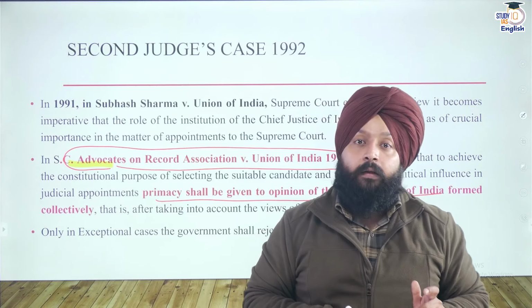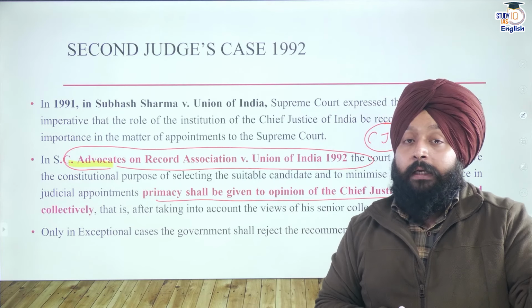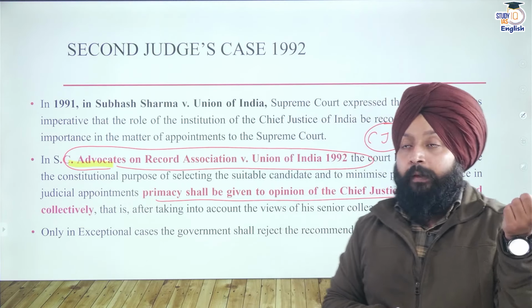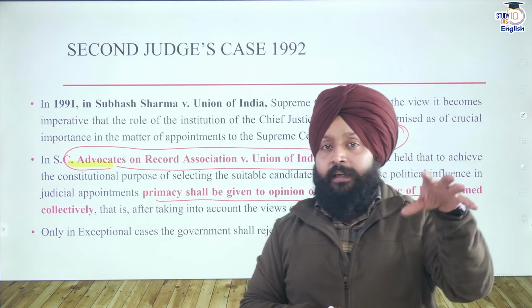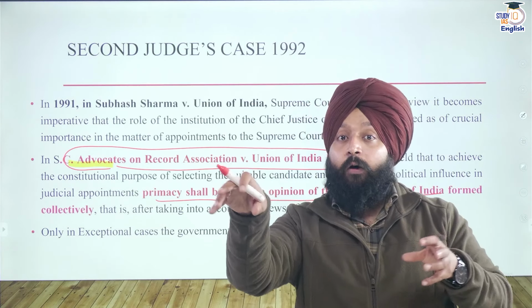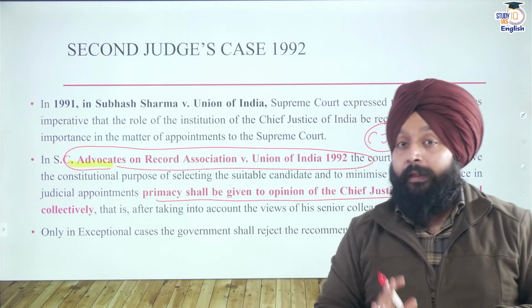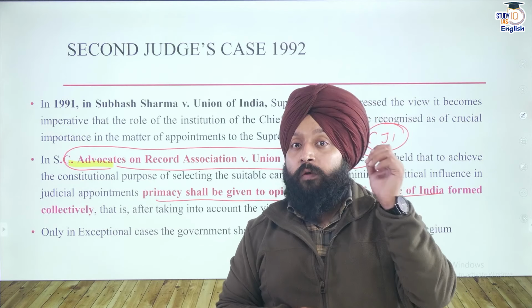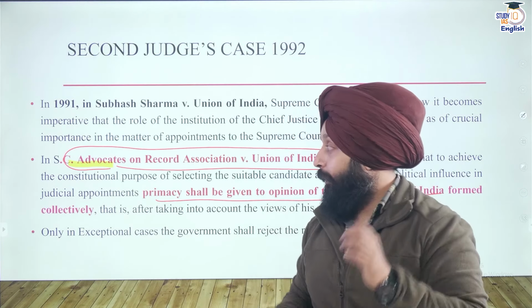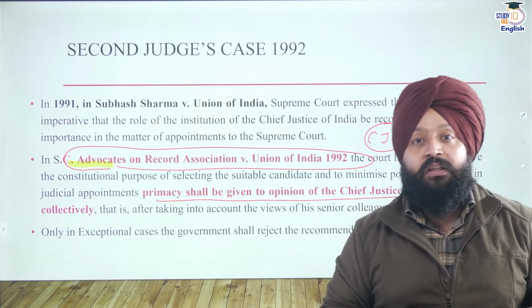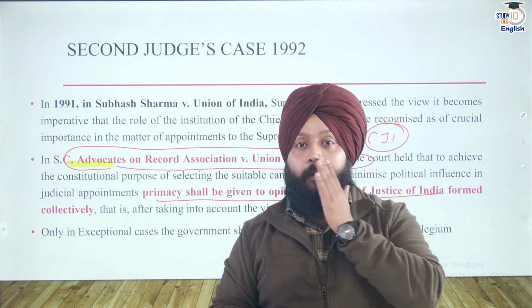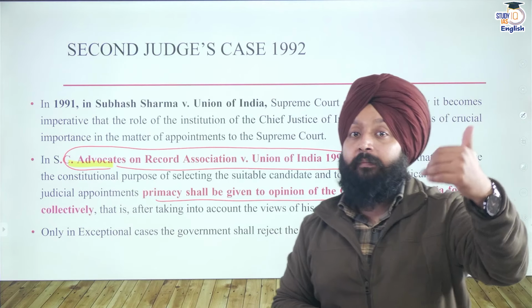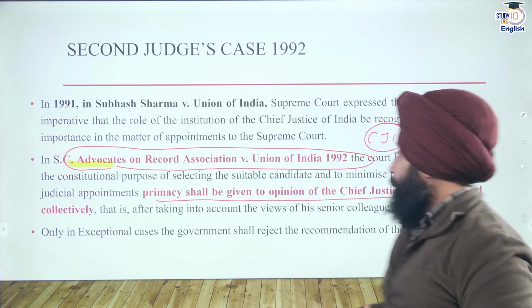But the court said the rule of law states that a single person's opinion cannot be given utmost priority, because a single person can become a victim of nepotism. A single person can show nepotism. So that's why the court stated the CJI also has to take the opinion of his fellow judges. All of them will collectively form an opinion, and according to that opinion, the president has to make appointments. So this was a new framework laid down by the court in the Supreme Court Advocates on Record Association case. It is also known as the Second Judges case. From there onwards, a process started that culminated in the establishment of the Collegium system in India.